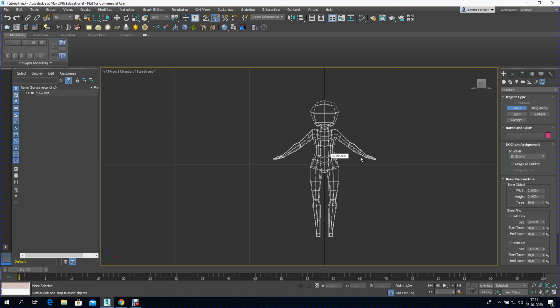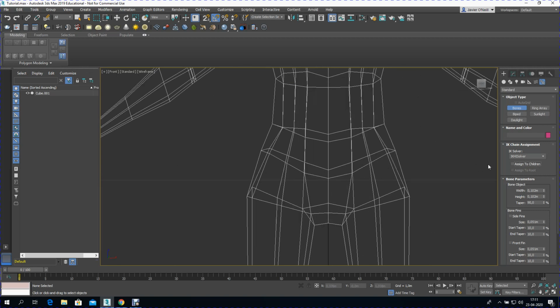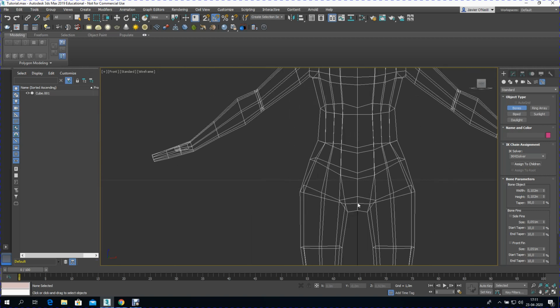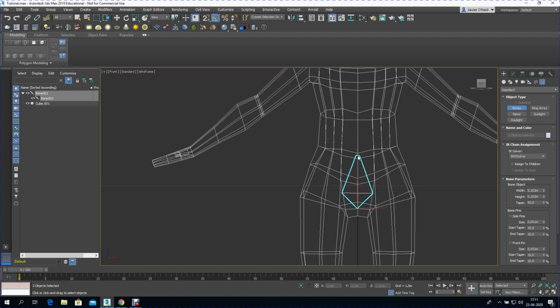Personally, the reason I like bones is because it gives you versatility to rig a character and choose how you do it. I always like to start with a first bone right towards the pelvis, which I'm going to use as the basis for all the movement. So I'm going to start right here at the pelvis and click one bone, and you're going to aim to create a bone for every particular spot of movement or